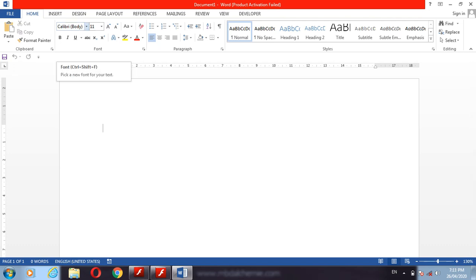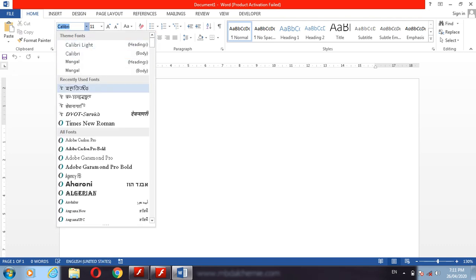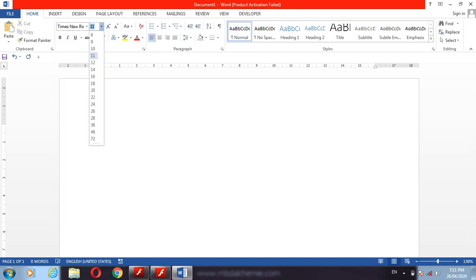If we change this default setting, just click on here. We choose Times New Roman and we choose 18 font. So, and if we are going to type something text here, just like welcome to school. So in this way we can change the default setting. This is the two step to change the default setting of your Word document.